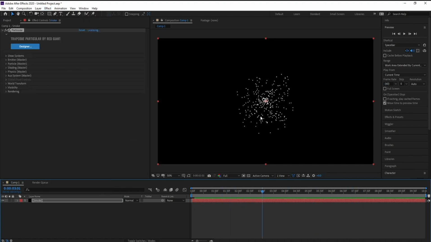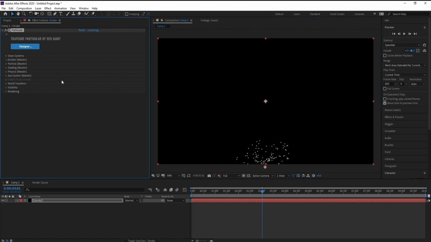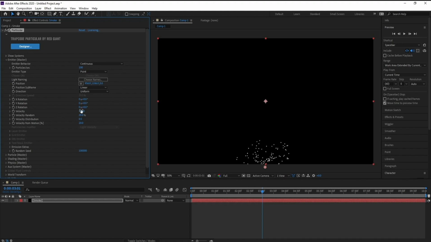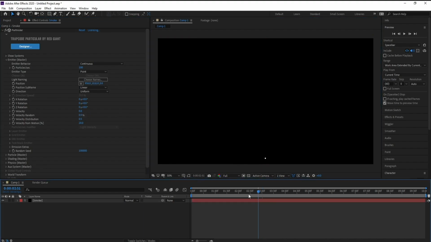and here we go. Now I'll bring this down like this and go to emitter, velocity, I'll make it 0. Also velocity random, I will make it 0. Now see, just a point, we don't have any action here, so I'll go